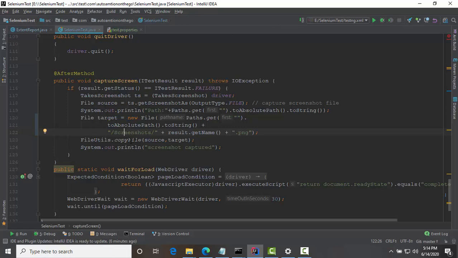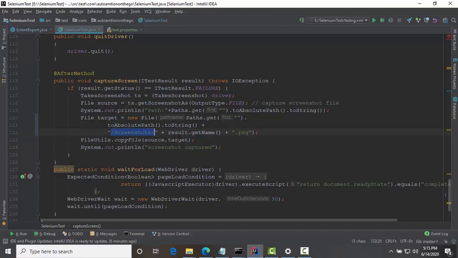In order to do that, I have used TestNG's ITestResult interface, and it has one of the enumerations which gives you status as a failure. I have compared that, and after that I have taken a screenshot, and the screenshot I have stored in a folder screenshots.